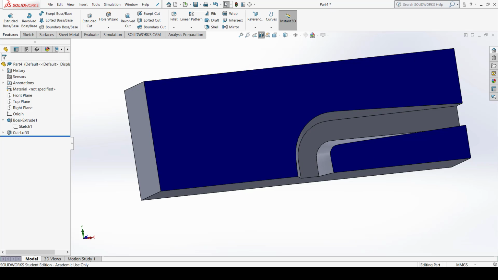So loft and loft cut are basically the same, and in loft you are providing just material and in loft cut you are just removing that material from the component. Okay, so there are basically three ways by which you can apply the loft or loft cut command. First one is that you have to provide the two different profiles. Just select the two profiles, click OK, and the loft or loft cut will be applied to the component.